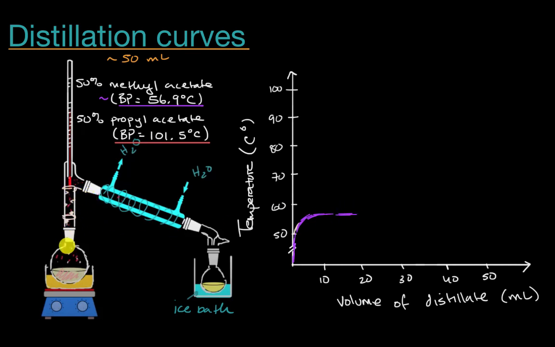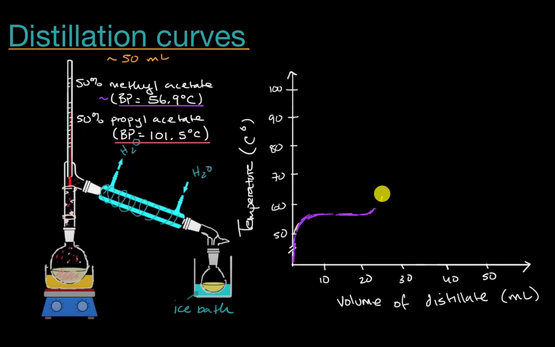Now, you can imagine the whole time we're doing this, you have to slowly increase the temperature of the mixture. Why is that? Well, as we start losing more and more methyl acetate vapors, then the boiling point of the solution is going to increase. As we said, this original solution is about 50 milliliters. So once you get about 20-something milliliters of your methyl acetate distilled, you are not going to be able to produce a lot more distillate at that temperature. You're going to have to keep increasing that temperature until the bulb here gets to the temperature of the boiling point of propyl acetate. So you keep increasing the temperature.